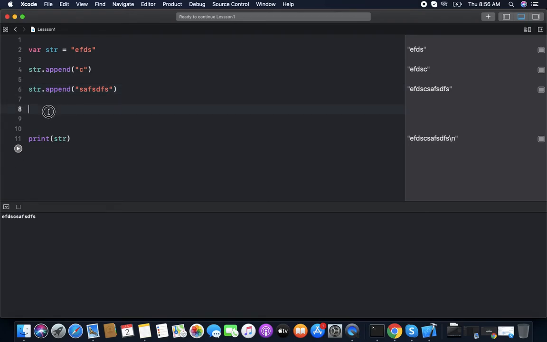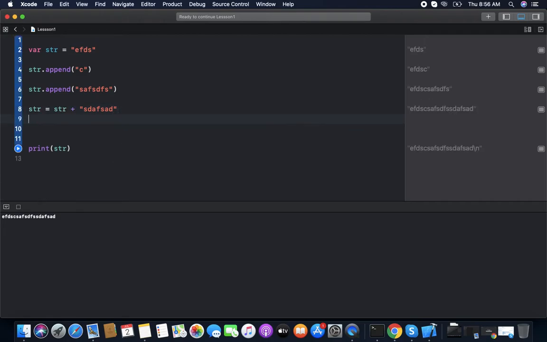We can use the plus operator for appending a string. So str equal to str plus, you see this.